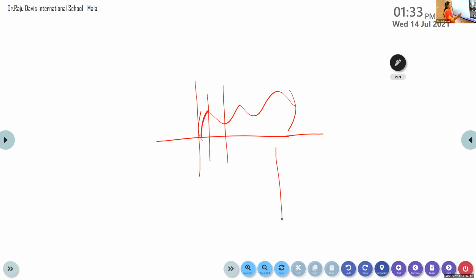But as a whole it is neither increasing nor decreasing. Imagine the sine curve. Sine 0, sine 90 and so on it goes on. We know that sine 0 is 0, sine 90 it will reach 1, then sine pi it is 0. Look at the sine curve, here it is 2 pi, again sine 2 pi it will be 0, isn't it? Now look at here, if I take the interval from 0 to 2 pi, is it increasing or decreasing? Diya, in the interval 0 to 2 pi, whether the sin x is increasing or decreasing?